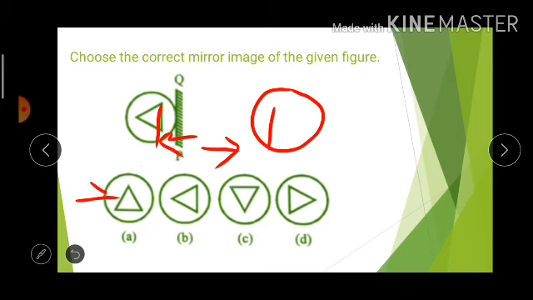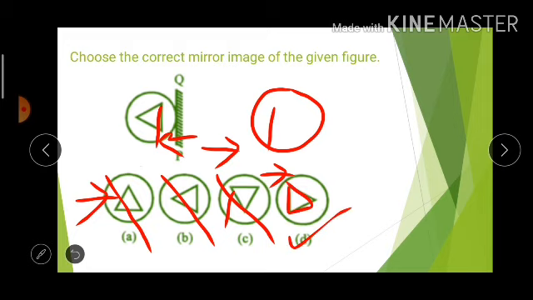So when you pass, what do you see? Is it a vertical line? No. Option A is eliminated, option B is eliminated. This is not a vertical line. Again option C is eliminated. In option D you can see the first line that you see as soon as you pass the mirror, the leftmost line, is vertical, therefore the answer is option D.